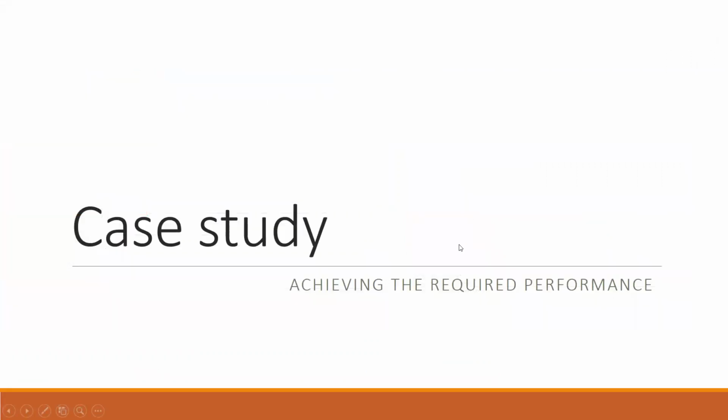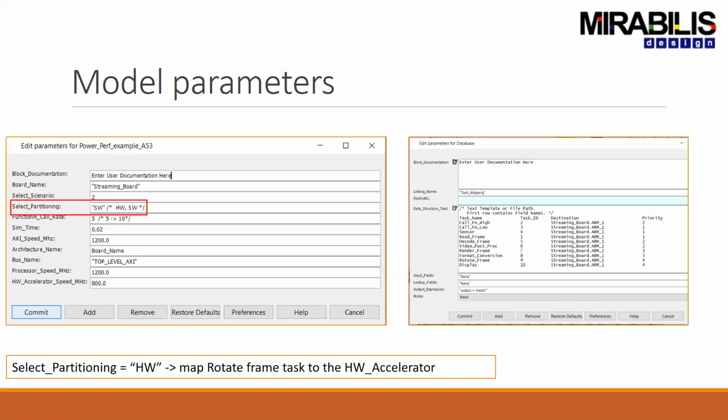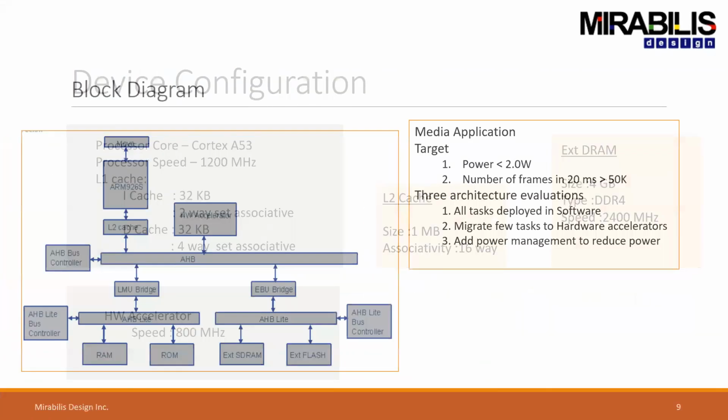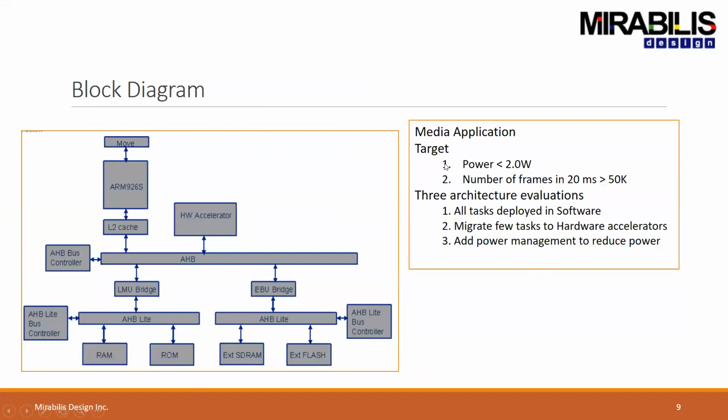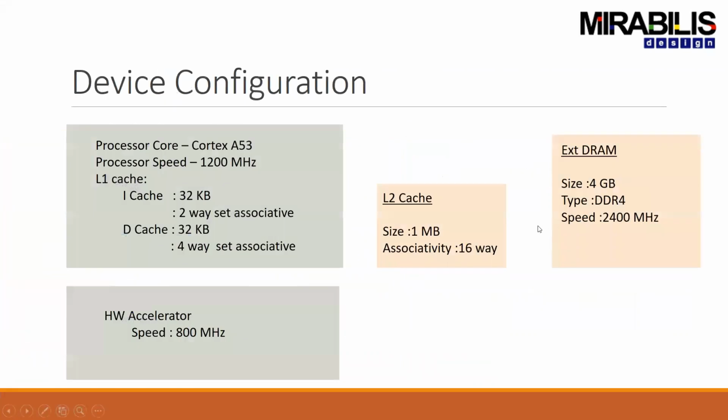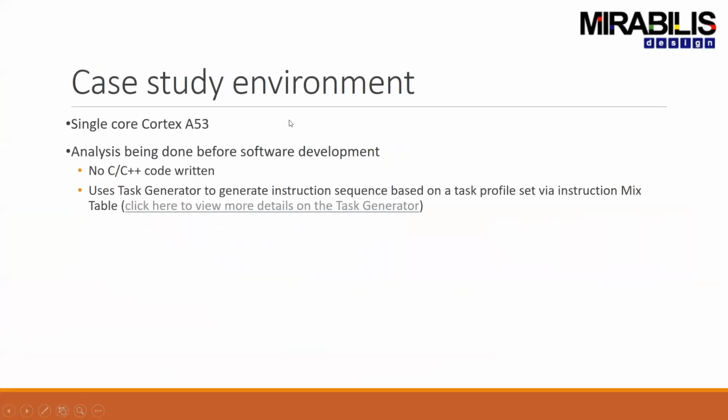So let us do some case study analysis using this demo model and see how we can achieve the requirements. So let me once again show you the requirements that we are trying to achieve here. Basically, there are 2 requirements. One is the power consumption to be less than 2 watts, and the number of frames in 20 milliseconds should be greater than 50,000. Okay. On the first case study, we are just using a single core A53 core, and